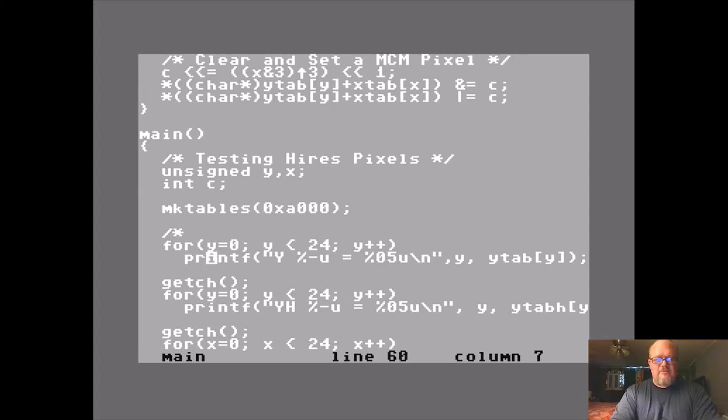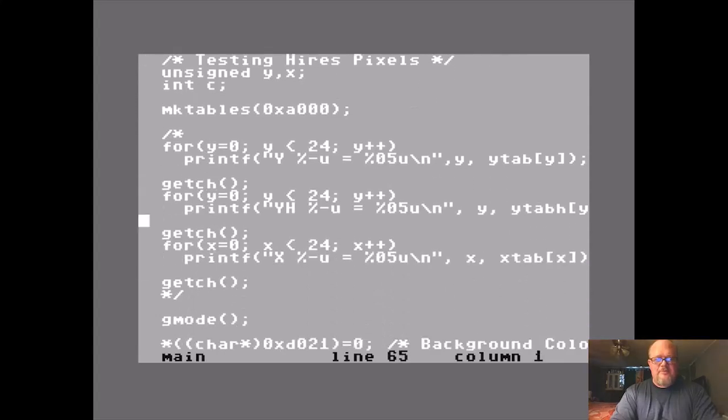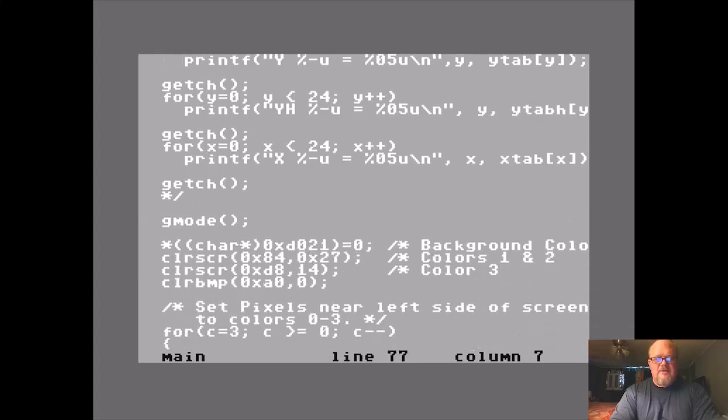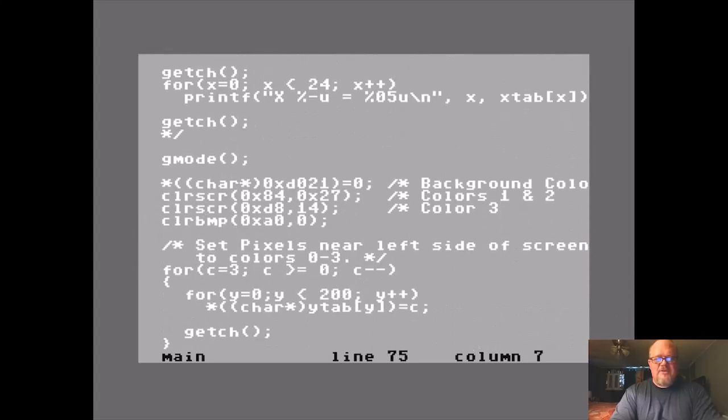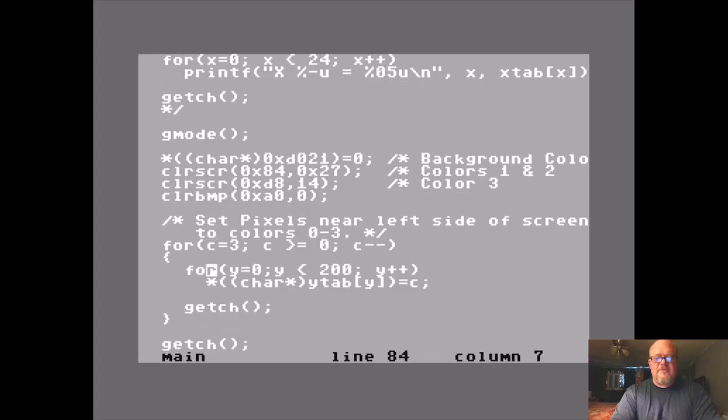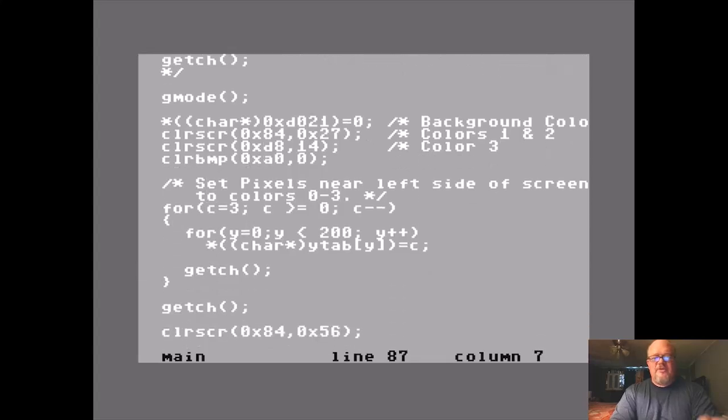I have this stuff remarked out. I'm not using that. That was for printing the tables. Keep it there for debugging if I need it. Set the graphics mode. Set the colors of the screen. And set the pixels near the left side of the screen. And that's what we saw, that bar. So this is where we're at, and this is what we want to